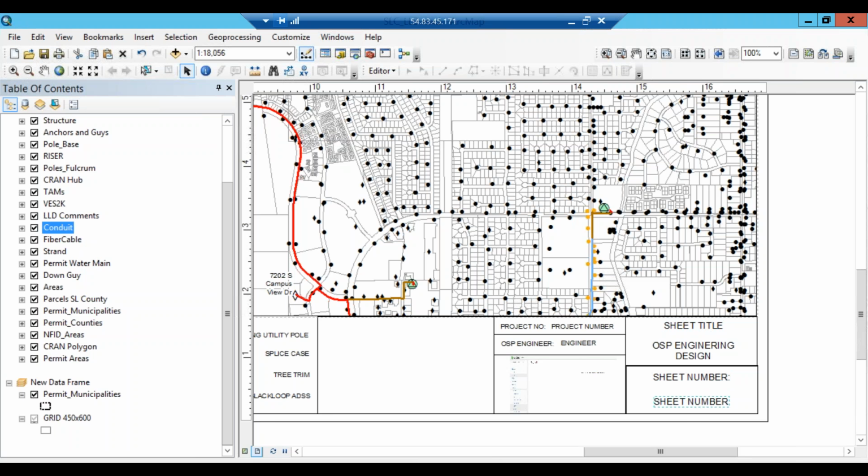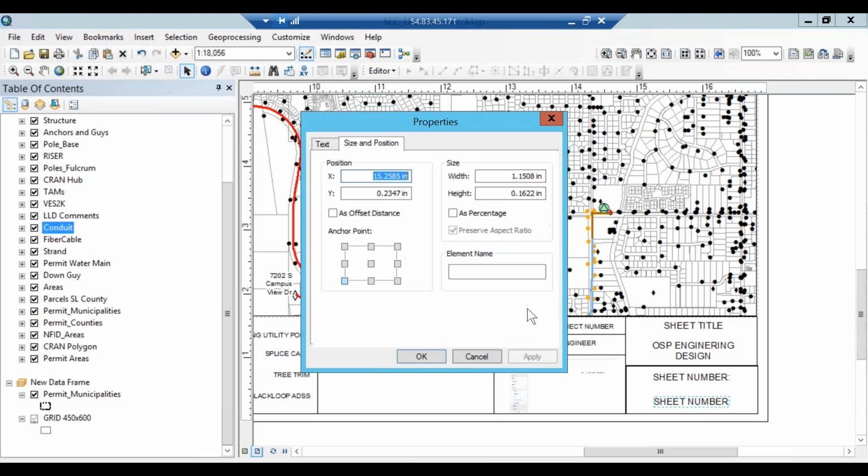But say you wanted the actual sheet number to update every time based off of the sheet number in the PDF document. What we would do is create another text feature, and give it an element name of sheet number. Basically, this allows us, when we set this up in admin, and I'll show this to you in just a little bit, there's a place to